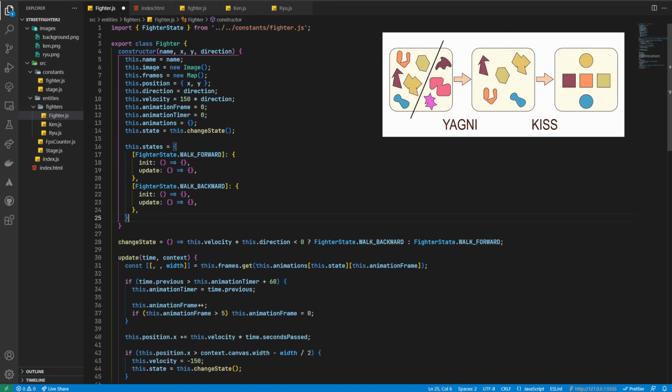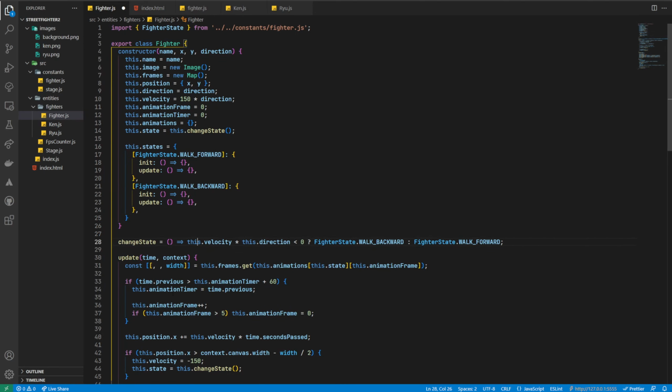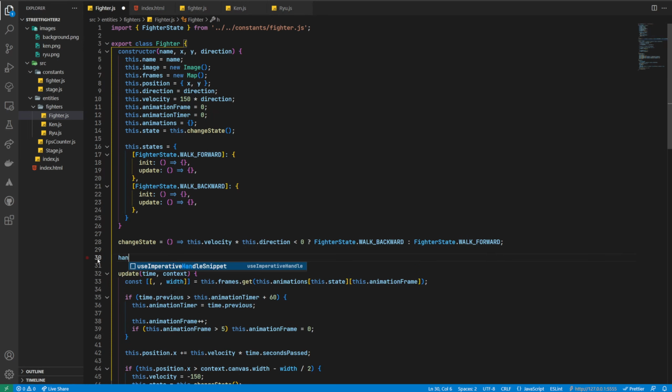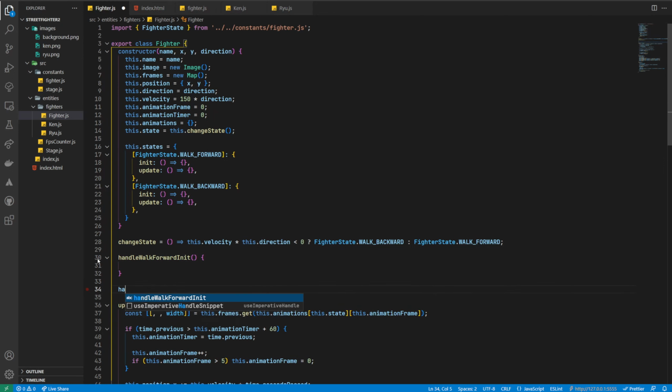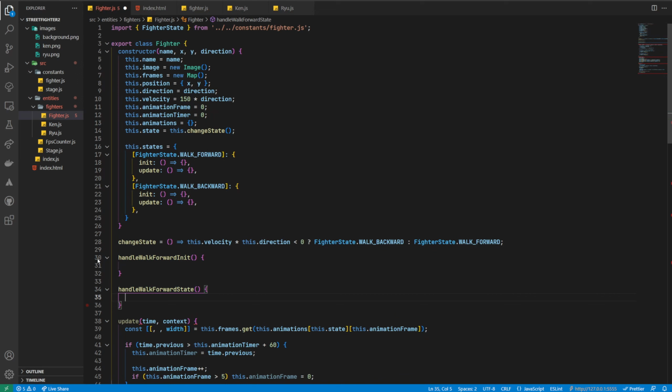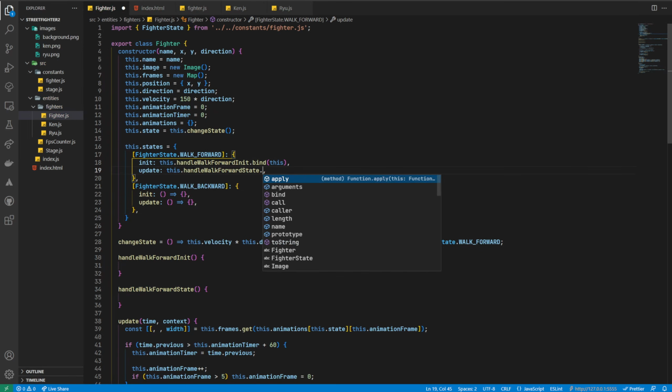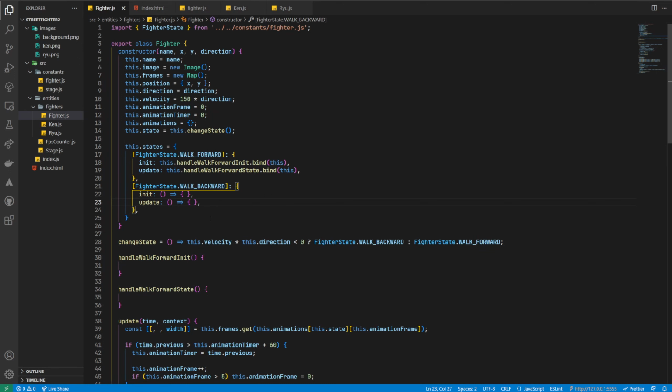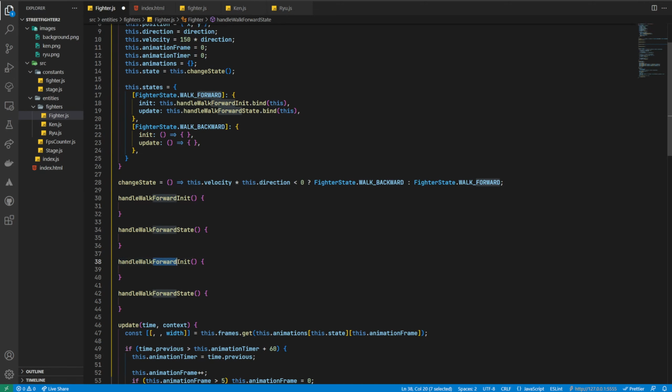principles. Okay, so the next thing we'll need to do is add 4 more functions to our class for our state machine's init and update properties, in both the movement states we currently have. We'll start with the walk forward state, and create handleWalkForwardInit and handleWalkForwardState functions. We'll then copy these function references back to the state's object properties. We'll do exactly the same thing with the walk backwards functions too, creating stubs called handleWalkBackwardsInit and